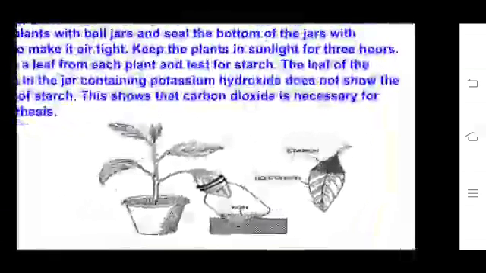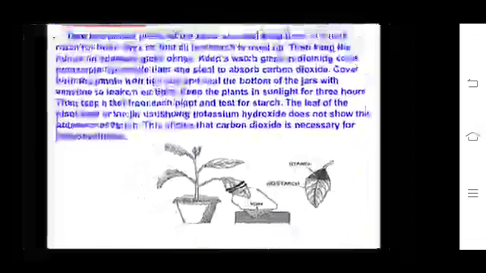And here again, some questions you can frame yourself. Why is KOH taken? To absorb the carbon dioxide in the bottle. Again the same question, why is the plant kept in a dark room for 3 days, that you know. And then why is half of the leaf kept in a bottle and half of the leaf outside? That also says that the half leaf outside is the control, meaning it's getting the carbon dioxide, and the inside half leaf will not be getting carbon dioxide. And one precaution you have to take is the leaf should not be dipped in the KOH.